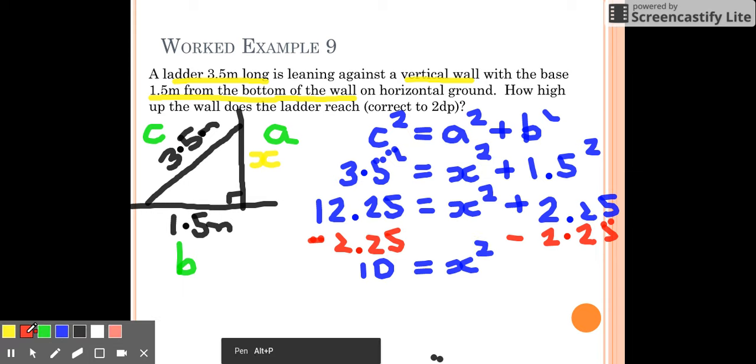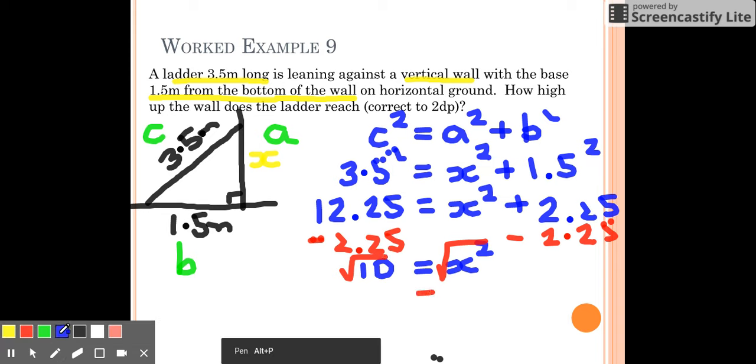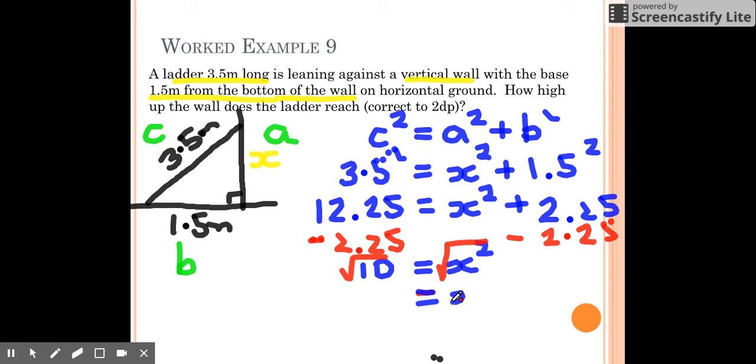What do we do? Think for a sec. I want to get x on its own. Square root. Square root x. So I want the square root of 10. I'll have to use my calculator. I know that the square root of 9 is 3. I know the square root of 16 is 4. So it's going to be somewhere between 3 and 4. And when I square root 10, I get 3.162. So I don't need to round up. I can leave it at